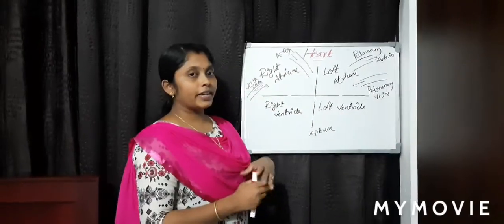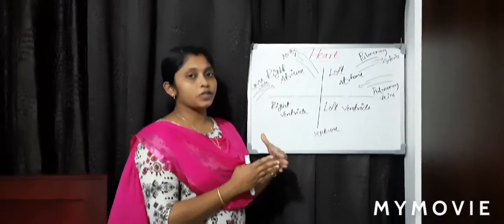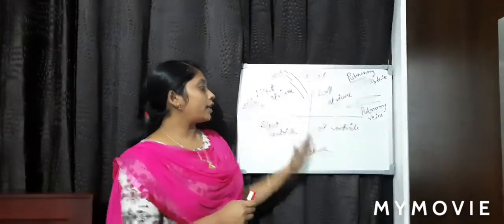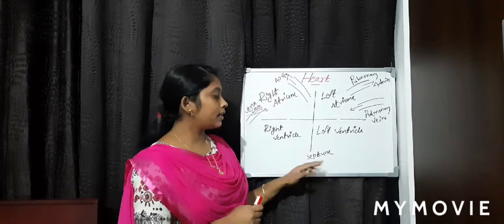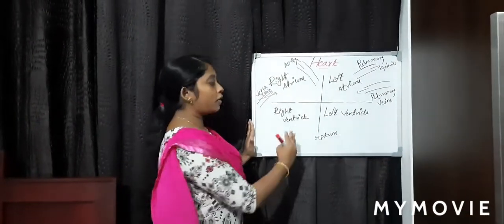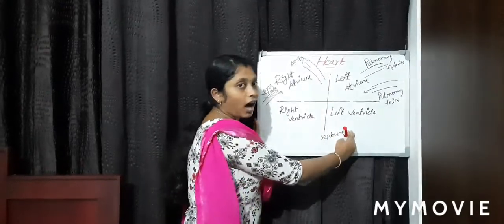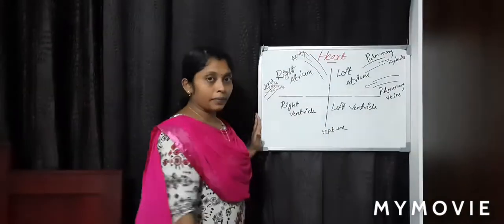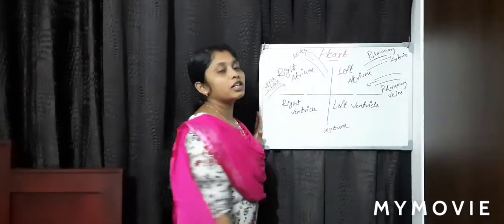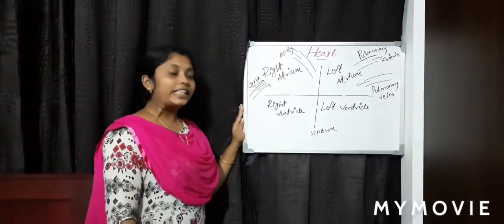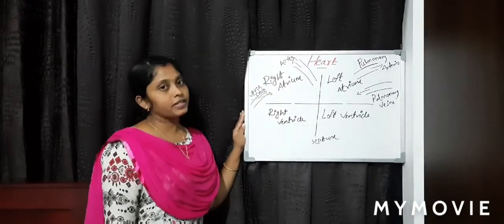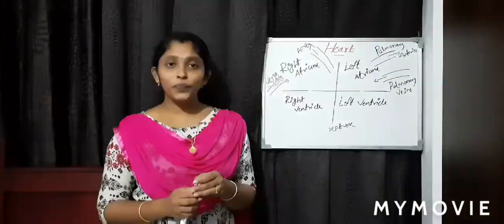We discussed the working process of our heart. This is the dividing wall of our heart, called the septum. The separation of the right side and the left side of the heart helps to keep the deoxygenated and oxygenated blood separate, and this separation also helps for a highly efficient supply of oxygen.